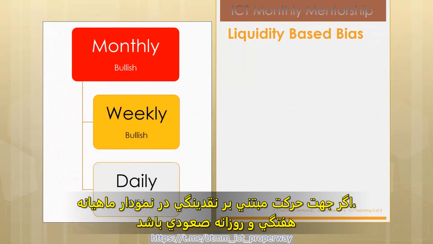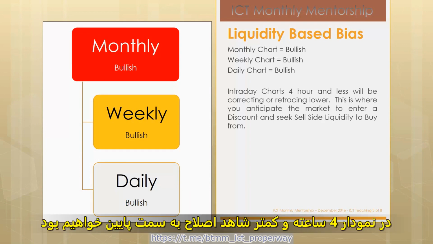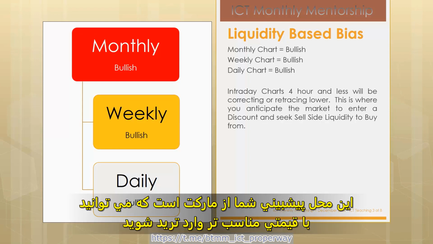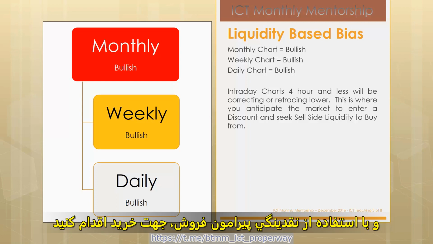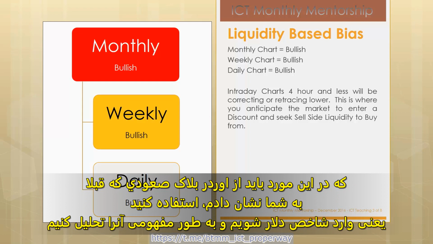Okay, liquidity-based bias for a bullish monthly chart, bullish weekly chart, and a bullish daily chart. Intraday charts, 4 hours or less, will be correcting and retracing lower. This is where you anticipate the market to enter into a discount and seek sell-side liquidity to buy from. And what we just showed you an example of was the bullish order block that you would use in this